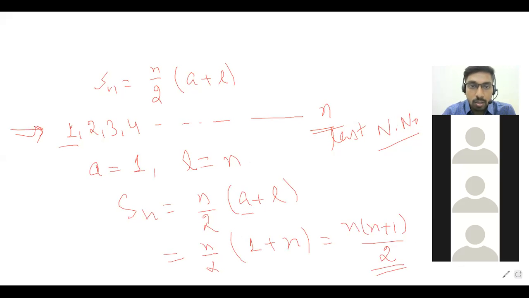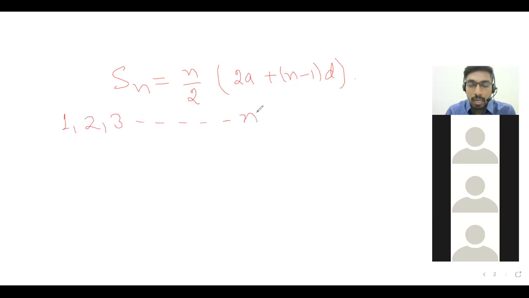Okay. So after this, we will discuss how you can derive the same formula by using this formula as well, that means 2a plus n minus 1 into d. We can see here as well, 1, 2, 3, and so on. If anyone has any query in this, please raise your hand. Don't worry, this is a new concept now. I'm not revising the old class here.